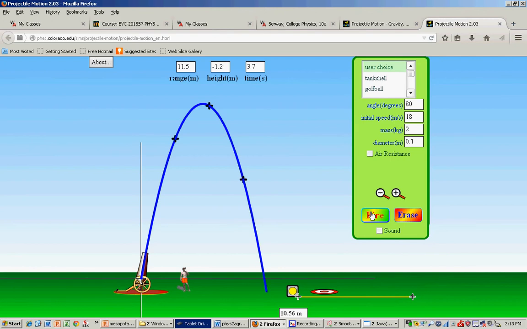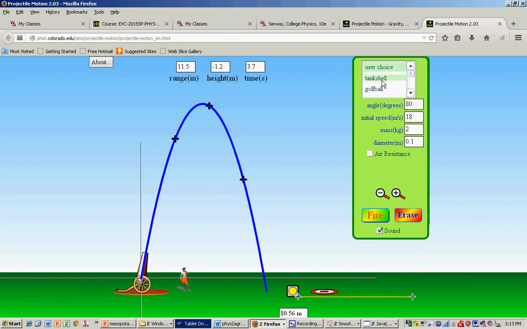Let's show now an example of projectile motion. A projectile motion is one in which you describe it by a y component and an x-axis component. So at any given moment,